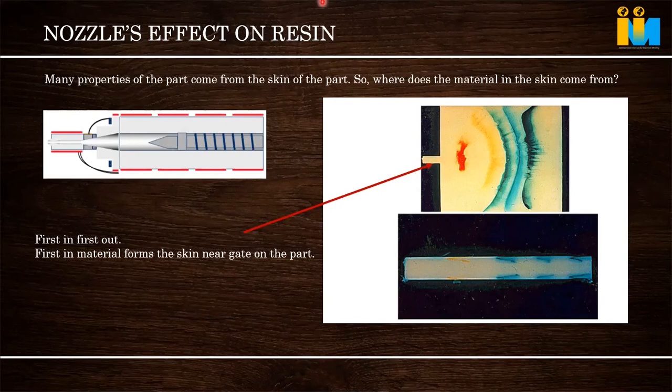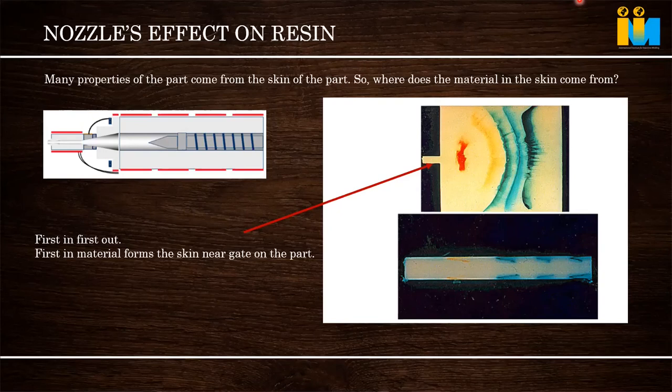First entry material through the gate, where does it go? Please unmute the mic. Somebody can tell whether it stays near the gate, or whatever material comes next will push that material to the end of the part. Where does the first entry material go? This is my question. Can anybody tell the answer? Anybody has any answer? So this is good information for you.